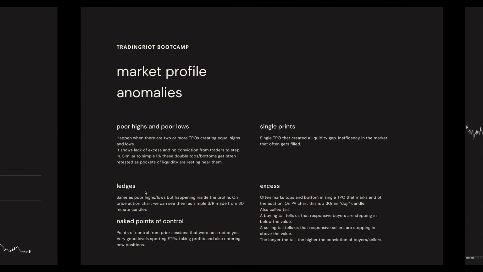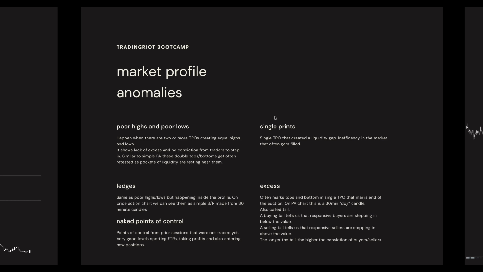Ledges, same as poor highs and lows, but happening inside the profile. On price action charts, we can see them as simple SR made from 30-minute candles. This is something I don't really use much, because it's just obvious. It's a 30-minute SR that happened in the same day. I will show you the examples in a bit, but you will see this is extremely simple,